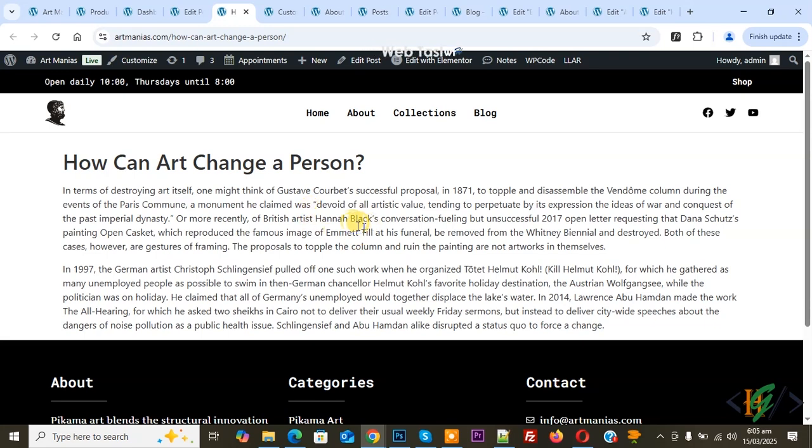Bismillahirrahmanirrahim. Assalamu alaikum. My name is Hassan, and today we are going to fix the default post type "feature image doesn't show" issue